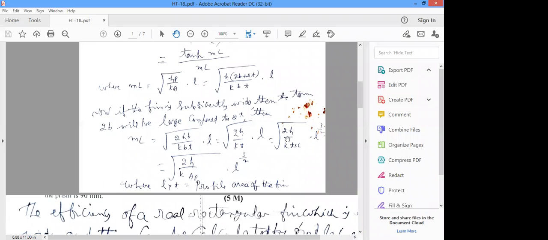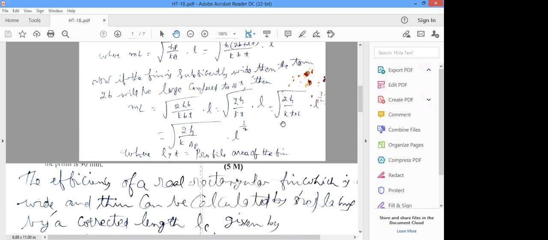So the square root of 1 by L, that is 1 by L to the power of minus 1 by 2. If you take L to the top, and remove the square root, that is L to the power minus 1 by 2. So L to the power minus 1 by 2 into L to the power 3 by 2 is again the same L. That's why, just for analysis purposes, we are changing it like this. That's all.